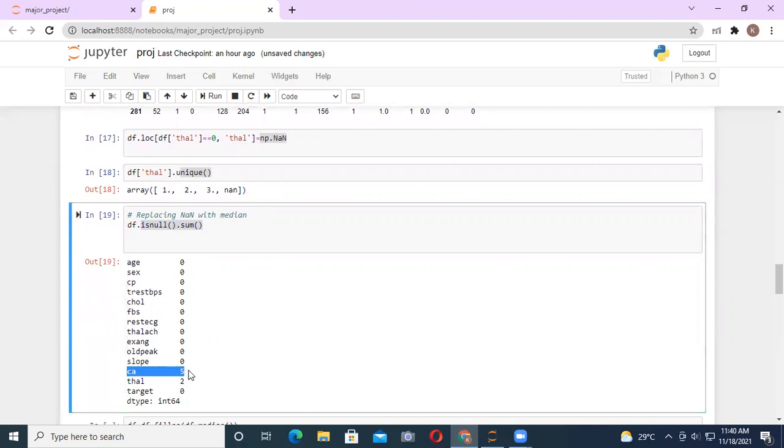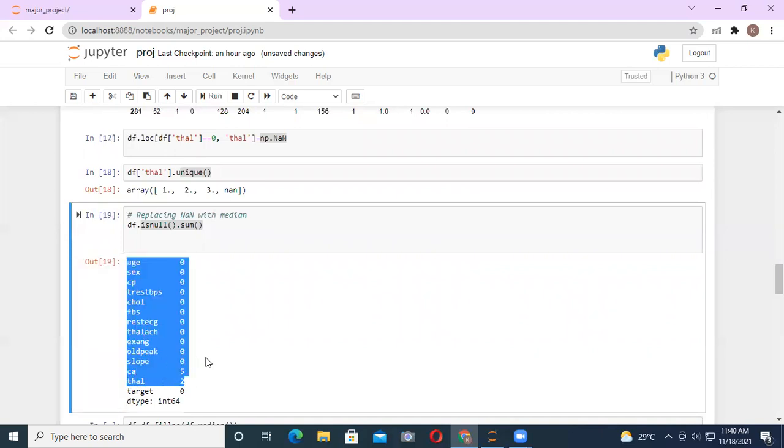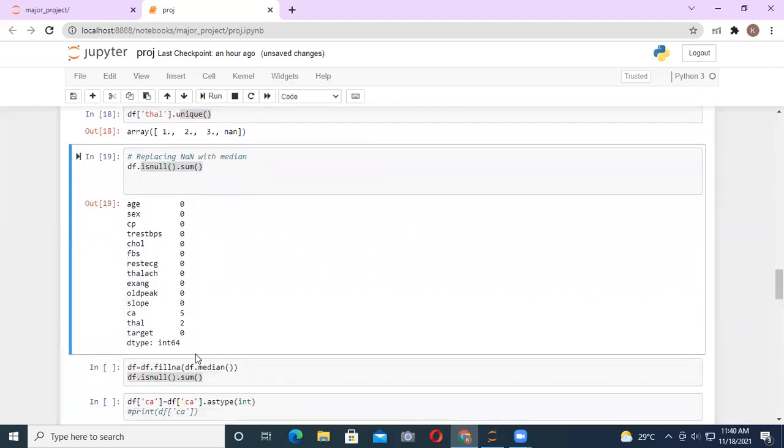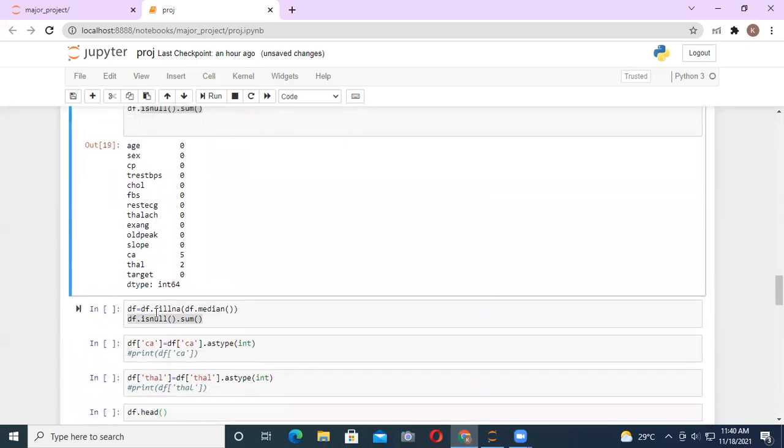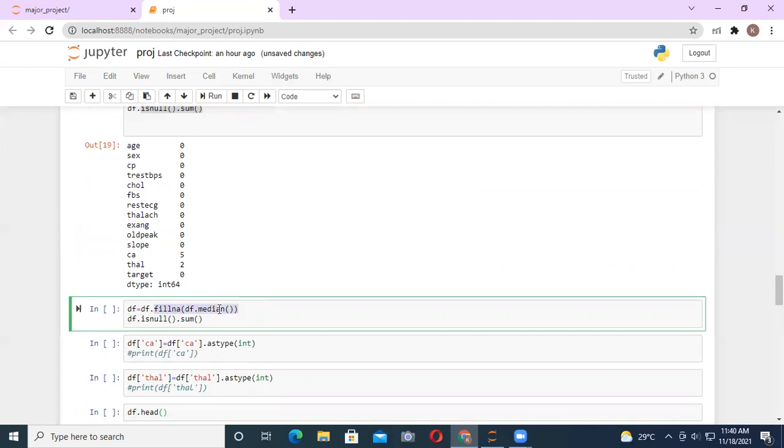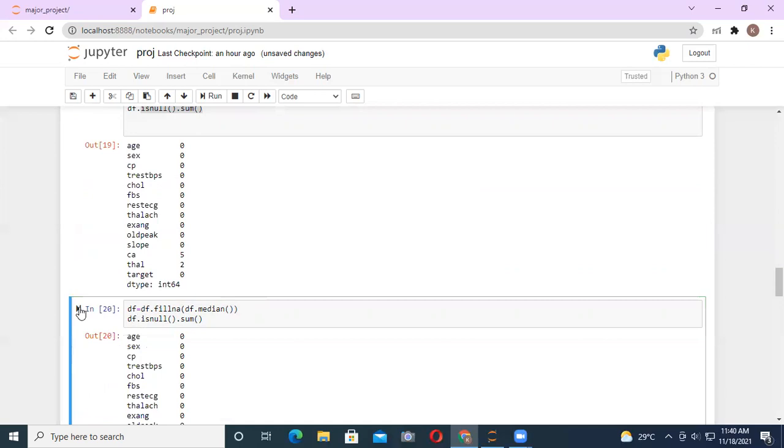So there are 5 different rows whose CA value is NaN, and there are 2 different rows whose thalassemia levels are NaNs. Now we try to fill all such NaN values with median, and once again try to check out if there are any NaN values.